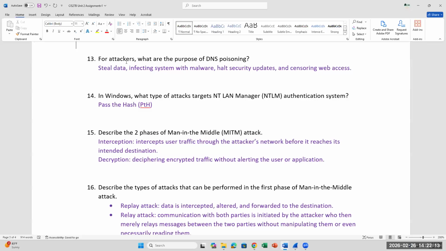NT-LAN Manager is an older service or protocol that was implemented for Windows NT, okay, which was decades ago. But NT structure is still being used today on your Windows environment, hence your file system NTFS. Therefore, legacy technology exists because we upgrade over time, and old technology has to be carried throughout time in order for that to work. Understand? So NT-LAN Manager is still implemented in the back, even though your shadow password is supposed to be encrypted,